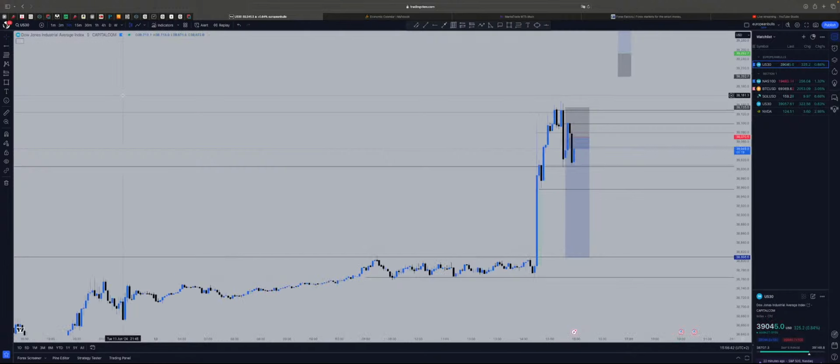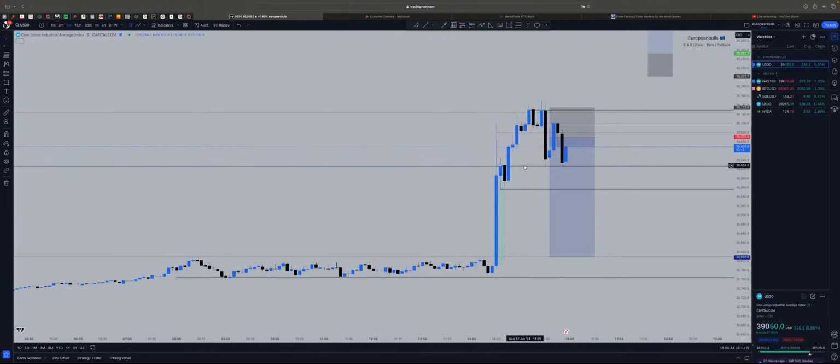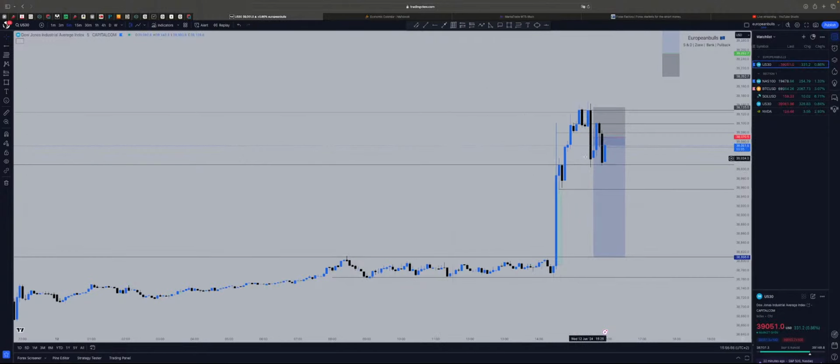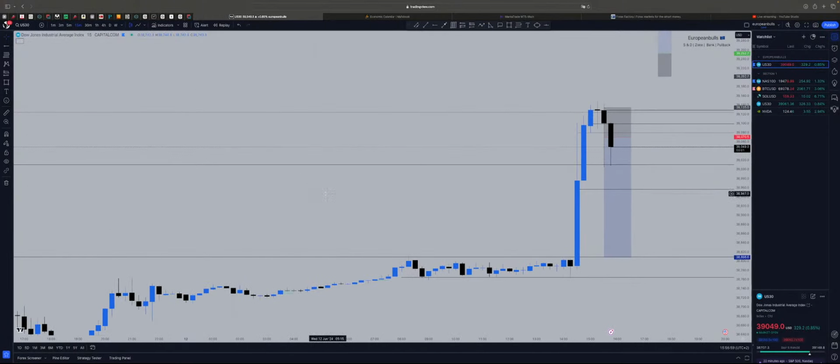This area is really bad, really bad. I just hate this area when it happens on the news. It's making me want to close this trade after seeing what's going on in here. Only hope here is the 15-minute candle.